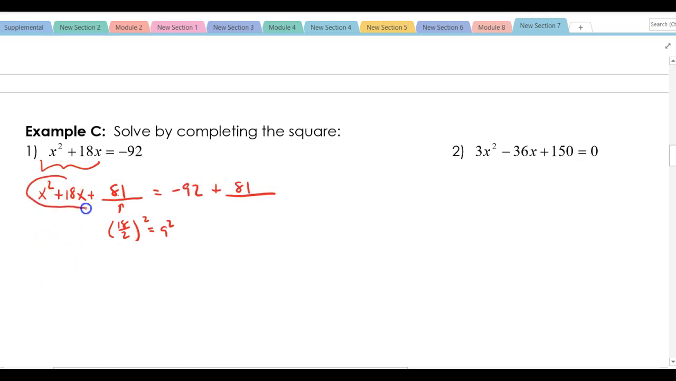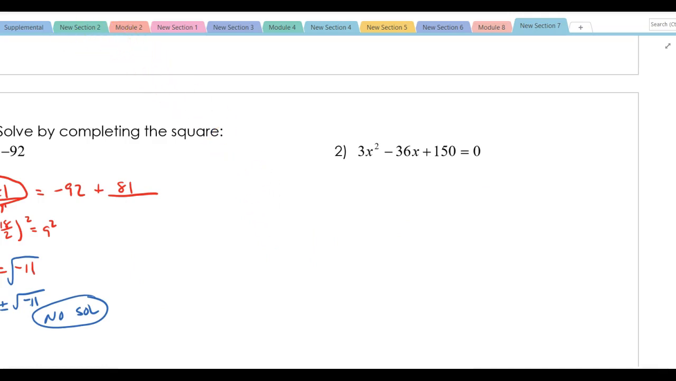So now on this, when I write it as a binomial squared, x plus 9 all squared equals negative 92 plus 81, which is negative 11. Now here's the thing with this one. When I go to take the square root of both,